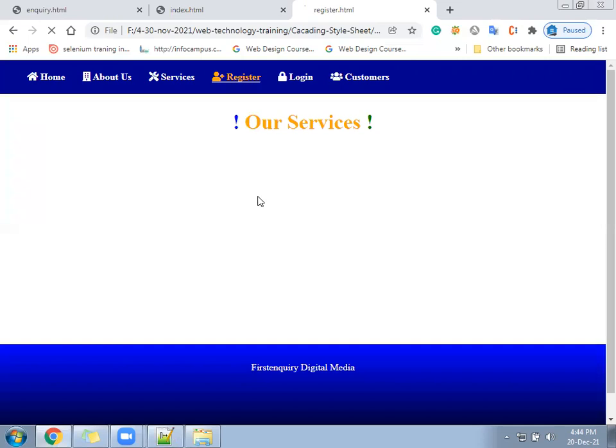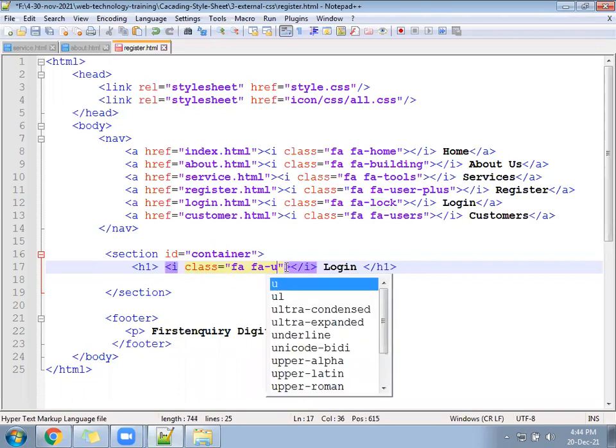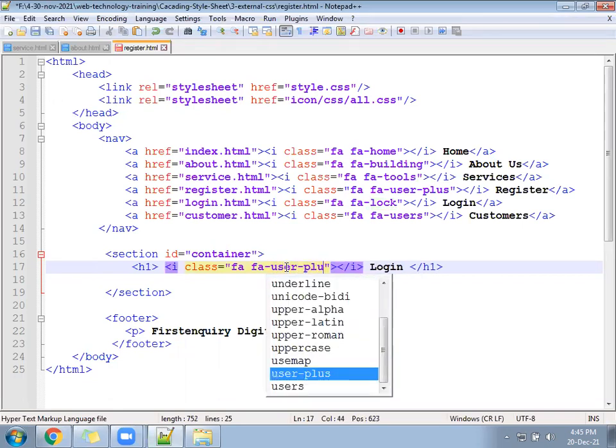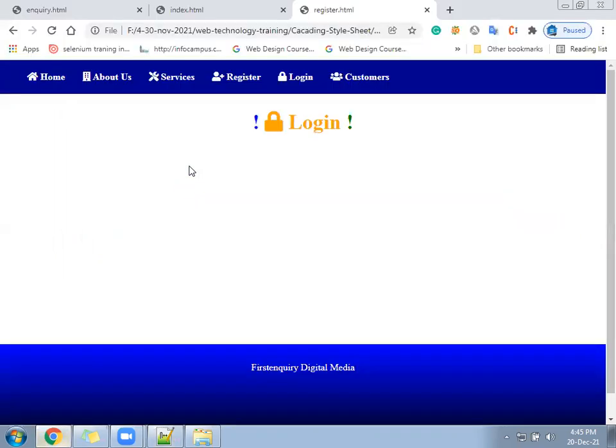Oh, lock should not be here. Here we should have user plus. Instead of lock, keep a user plus, fa user hyphen plus. User plus symbol you can keep there. So hope we will get now the symbol of user plus.